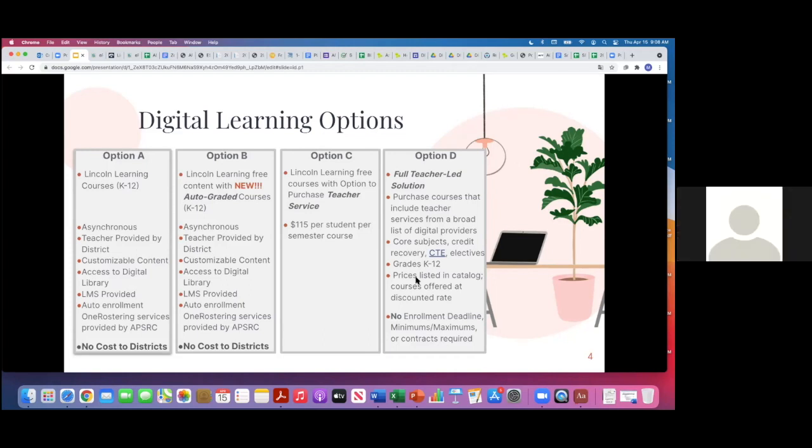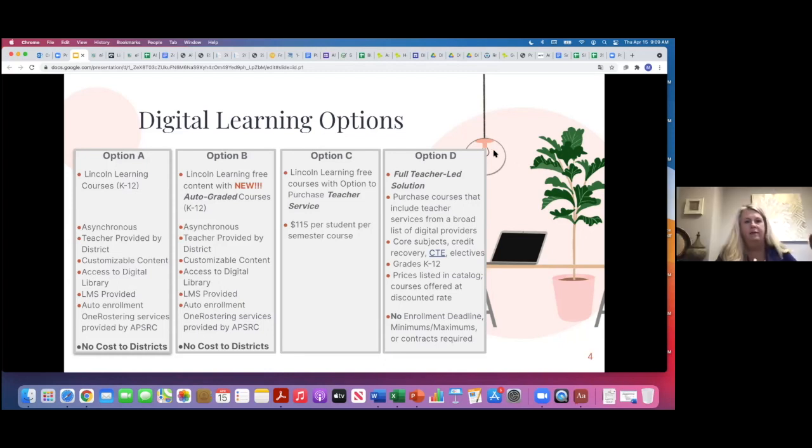Okay, Mel, this is Trent. Got a quick question from Brian. He's asking if we use the Lincoln Learning teacher-led option for, let's say, physical science, will the course be tailored to the Arkansas standards, or will the content just be based on what is already there in the Lincoln Learning course? Is it an Arkansas teacher? So you've got two questions there.